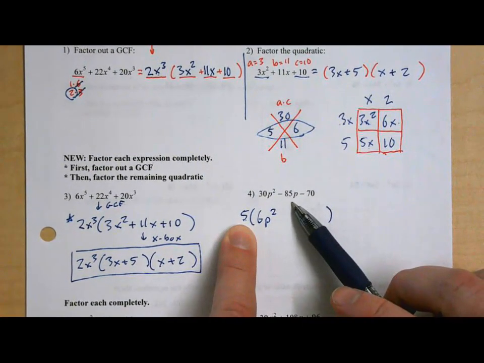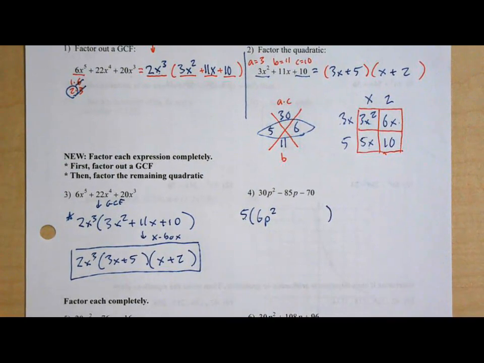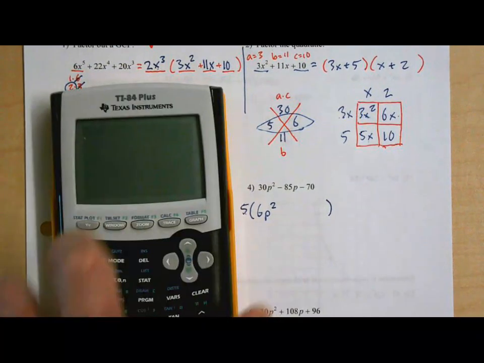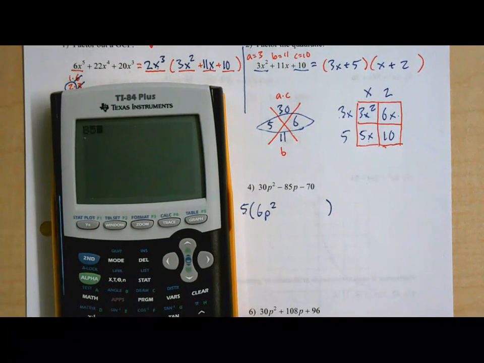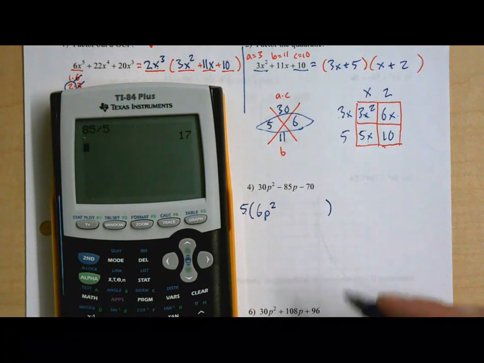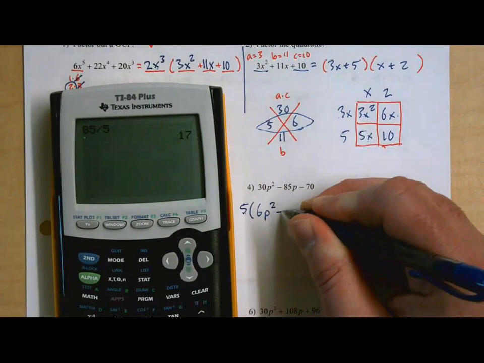5 times something gets us 85. I don't know what that is. What am I going to do in my calculator here to find it? 85 divided by 5 is 17. And that's a minus, so 17p